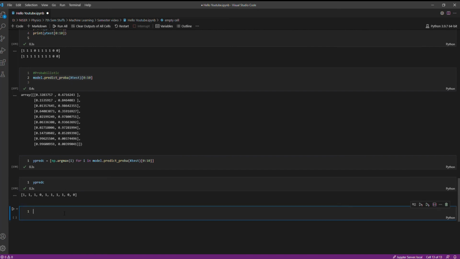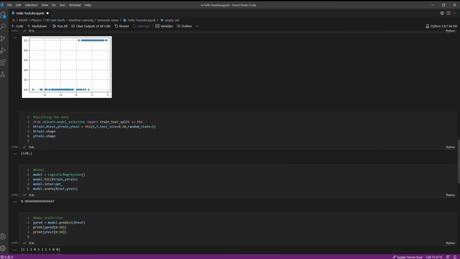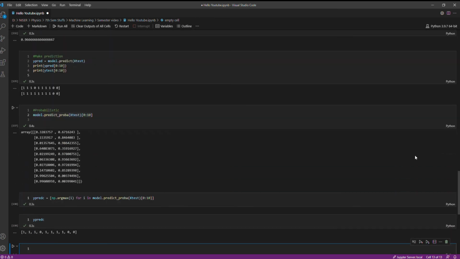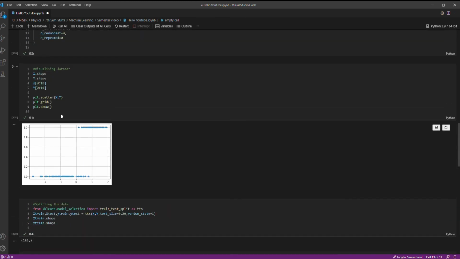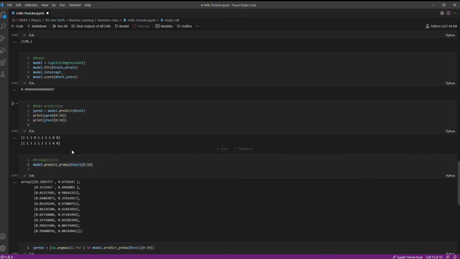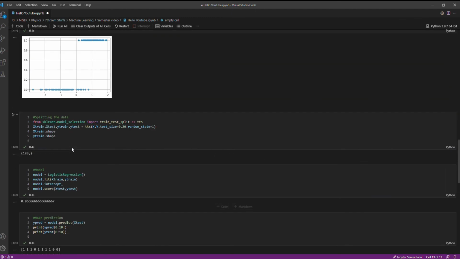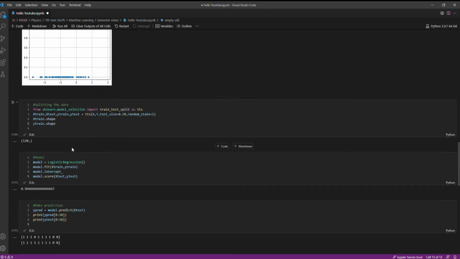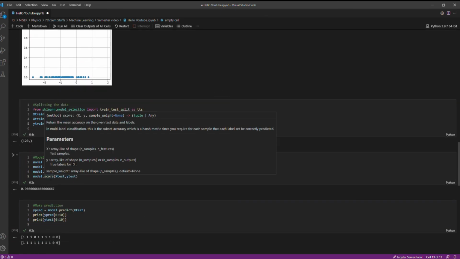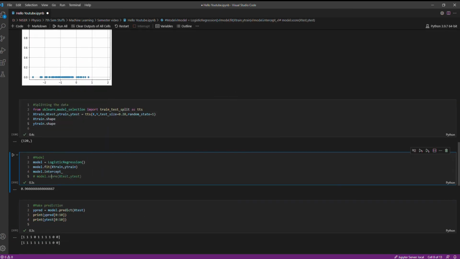Let me plot those. You will understand it better. Let me plot that logistic regression. So to plot, we need to get those. What we got? We got our coefficient and intercept somewhere. Where is the coefficient and intercept? Let me comment this.